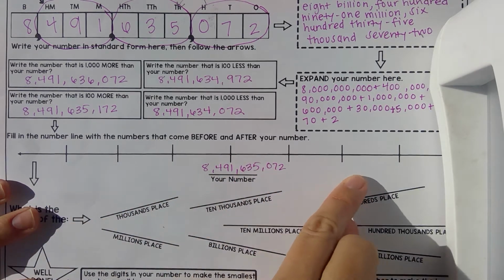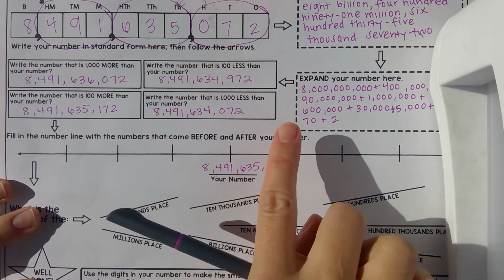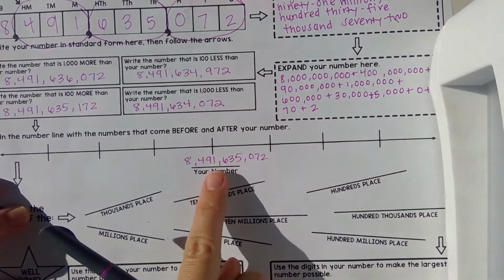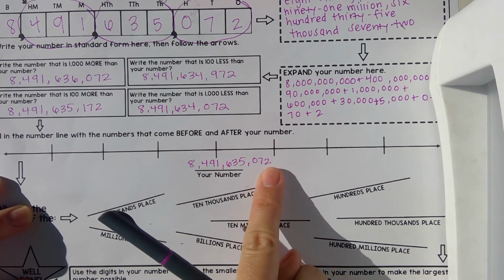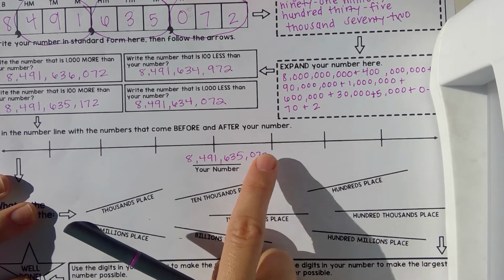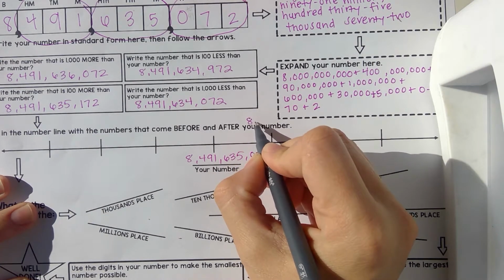So let's go ahead and add 1. What I'm going to do is alternate where my number goes. I'm going to put 1 up, 1 down, 1 up, and then I don't have to put 1 down. So 1 more than this number, I would just be adding 1 to that 1's place. So my 2 would turn to a 3. So it would actually be